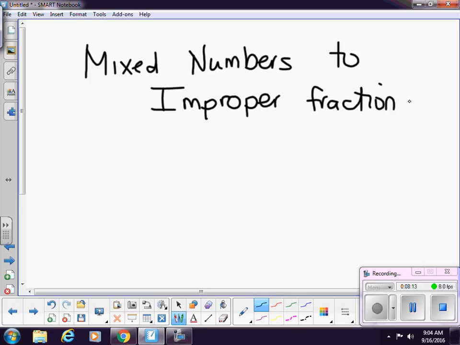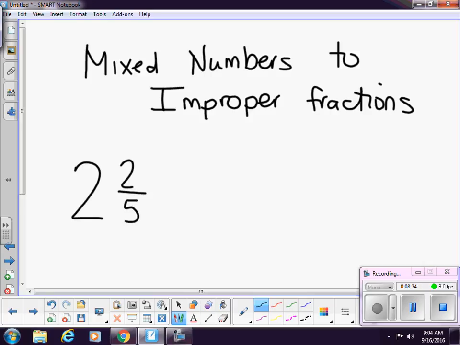Now, this step is going to be more useful to you than the other way, because when you get to high school, pretty much all your fractions end up having to be improper. You never deal with a mixed number. Okay, so when you get to high school, everything ends up having to be improper. So, if you have 2